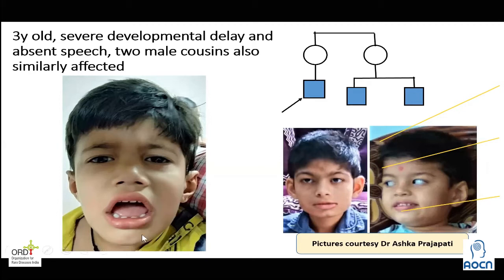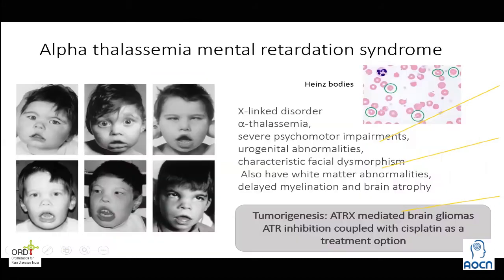What's significant in them is this big, wide mouth that the child had with slightly widely spaced teeth. And the photographs of the 2 cousins that we got subsequently also show quite significant mouth size. And this would make us think of a condition called alpha thalassemia mental retardation syndrome, ATRX for short, a rare condition, but recognizable. And these are pictures from the literature. And you'll agree with me, all of them have this wide mouth, which is the characteristic part of this face,